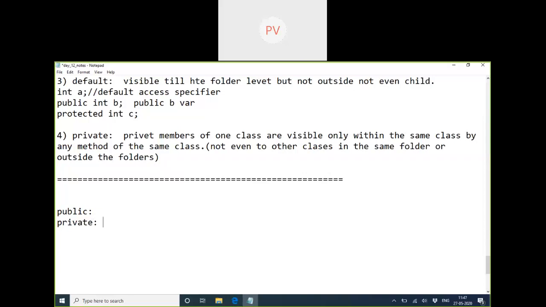Public can be accessed from anywhere. I'll just write one word here. Private: within the class, same class. Protected: within the class, everyone is accessed; any child, and everyone in the same folder.